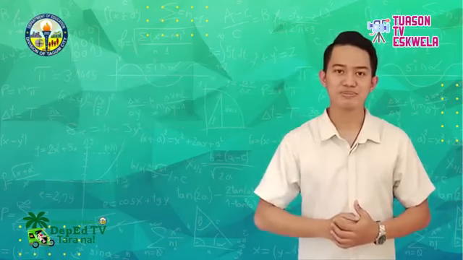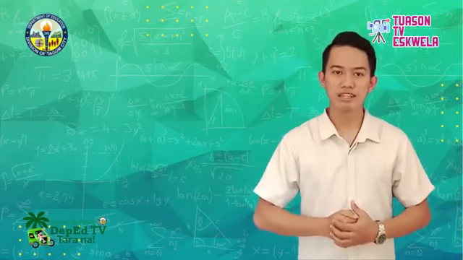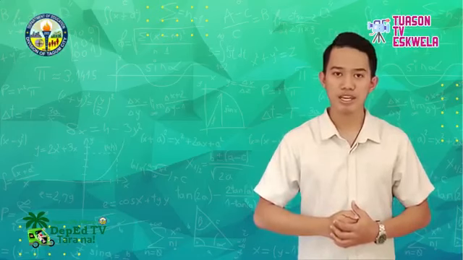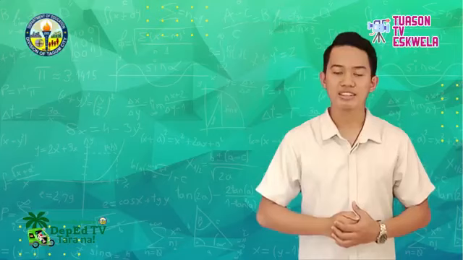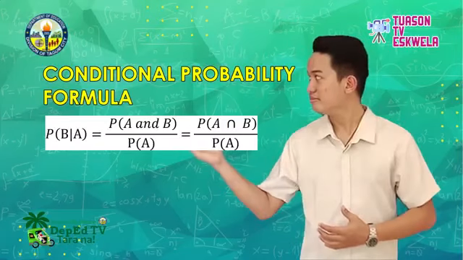From this definition, the conditional probability, the probability of B given event A occurred, is easily obtained by dividing it by the probability of event A. That is,